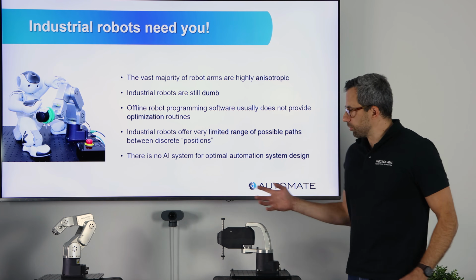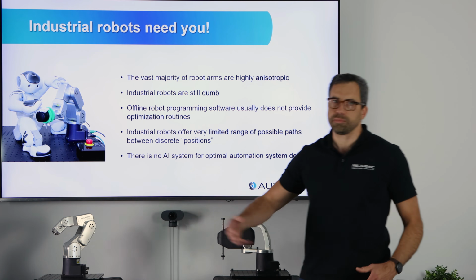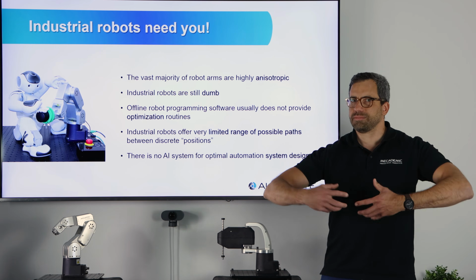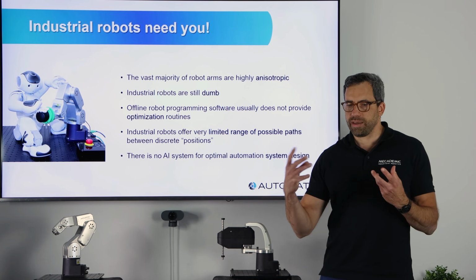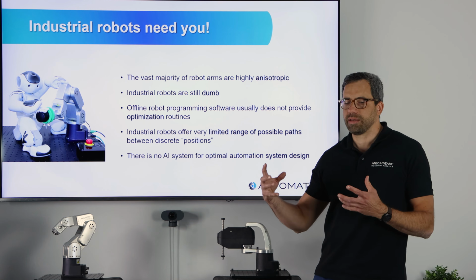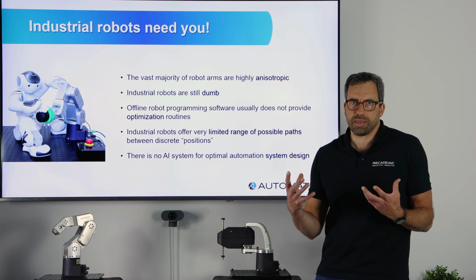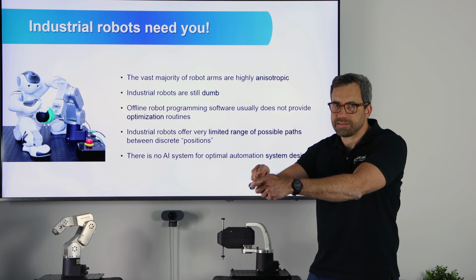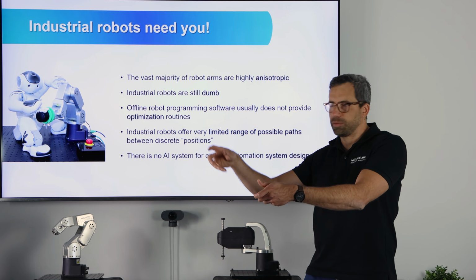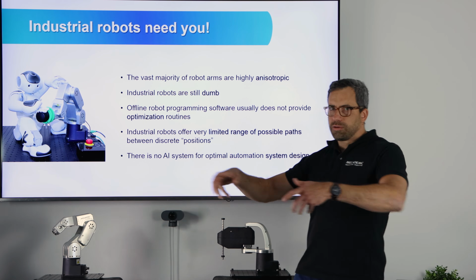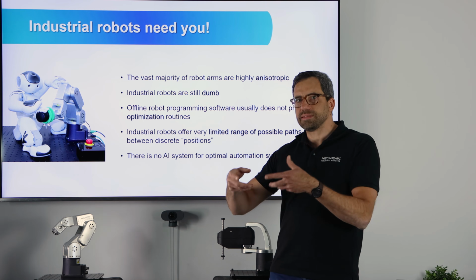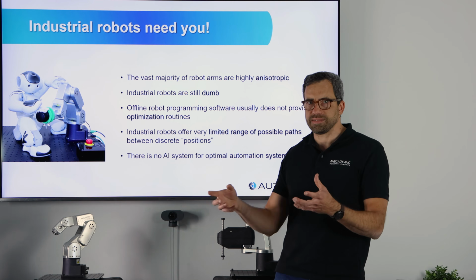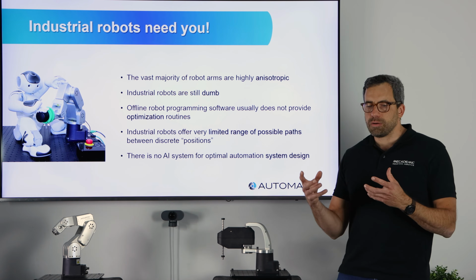So industrial robot arms are a little bit like human arms, so they are very anisotropic. And you know, as humans, you're not going to cut tomatoes all day long like this and then put your salad bowl over here. You kind of know how to optimize the motion, how to optimize the sequence, and also